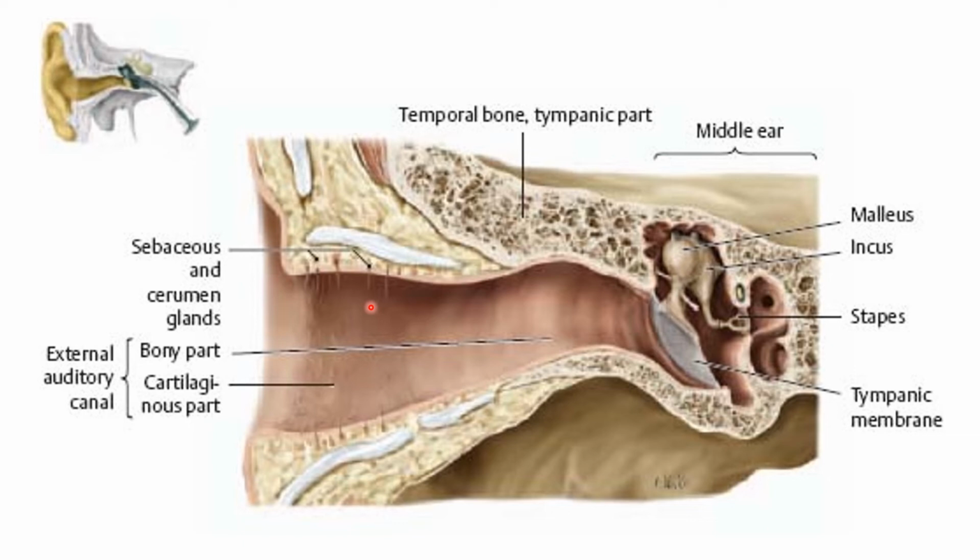There are some modified coiled sweat glands, known as ceruminous glands, present in the cartilaginous part. They secrete earwax, or cerumen, which prevents maceration of the lining epithelium by trapped water, opposes the entry of insects, and maintains a warm, humid environment for effective vibrations of the tympanic membrane. So ceruminous glands are very important. They are secreting the earwax.